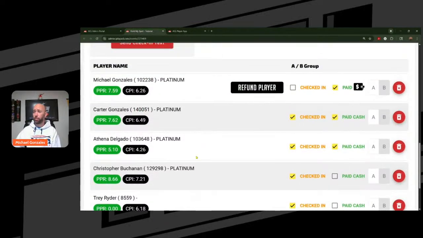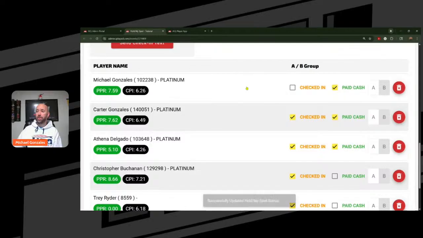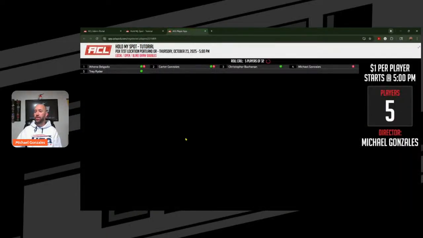Now, what about a player that needs a refund, right? I paid with a wallet. It was $1. Now I can just simply click this black button here and refund that player. Now, it did not pull the player out of the event, but it did refund them. They're still sitting in the event, though. So you can see over here, once this updates, we can see that Michael Gonzalez,